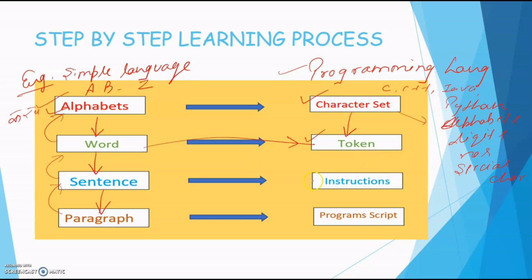And what is an instruction? An instruction is a combination, or you can say a collection, of tokens. And what is a program? A program is a collection of instructions. And you know very well how software is made, because software is a collection of programs, and a program is a collection of instructions, given by the user in any programming language to perform any kind of task by the computer system. So in any programming language, you first have to learn the character set. After that, you have to learn some tokens and then instructions, and then you will learn how to make a program in a particular programming language.